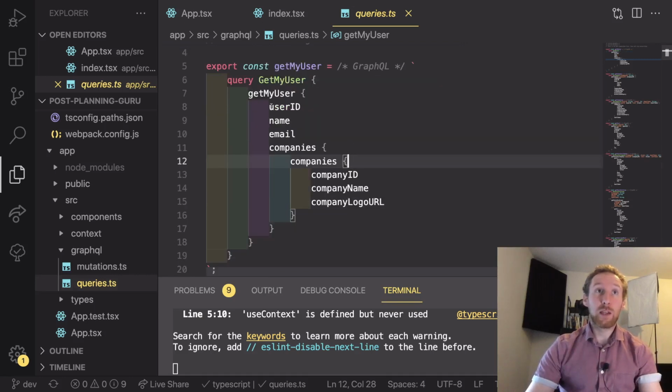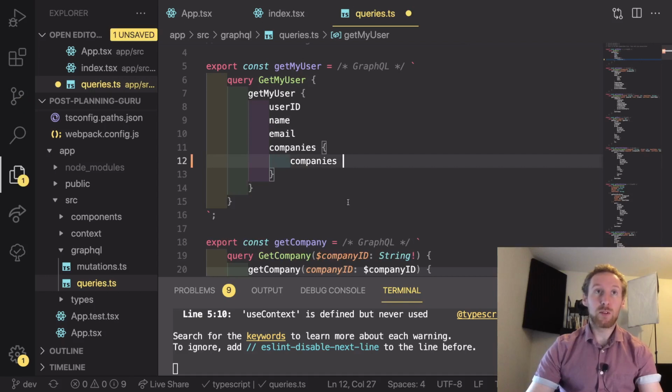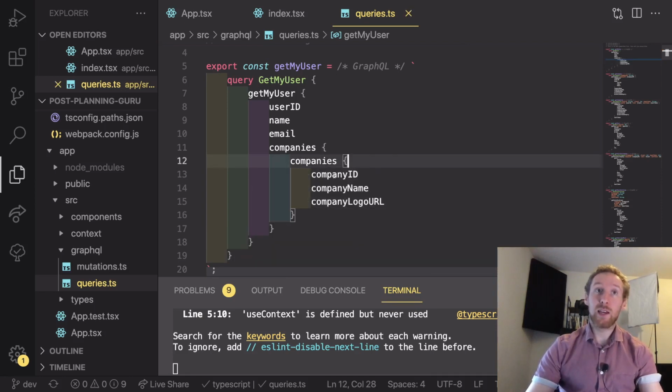So it got the user ID, email, and companies, and then it had companies, but it didn't actually get any values from each of the companies. This was a bit weird, but that's because it was set to 2 layers deep. So I had to explicitly say I wanted the company ID, name, and logo URL whenever I do a get